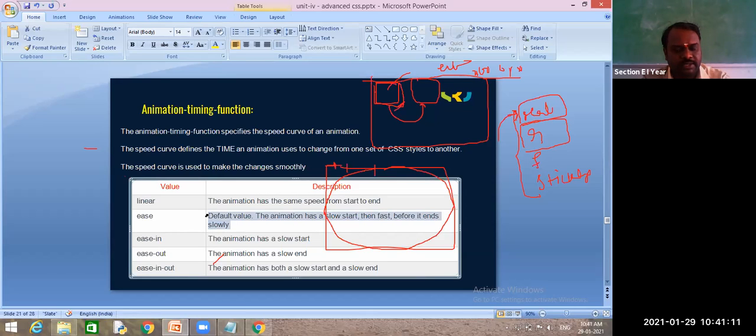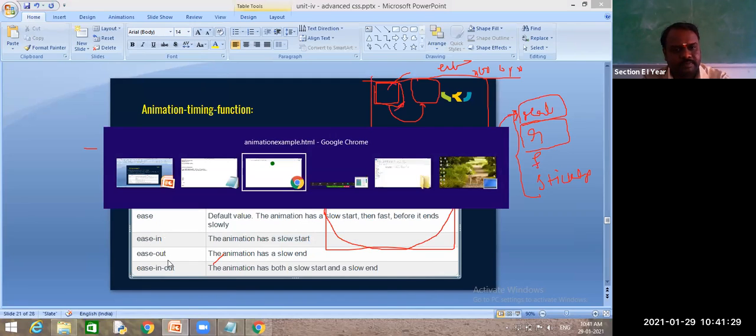Did you observe this one? Ease in is nothing but it will start slow and become fast. And ease out is nothing but it will start with speed and end slowly. We will observe these 2.